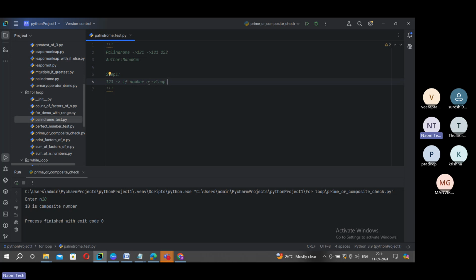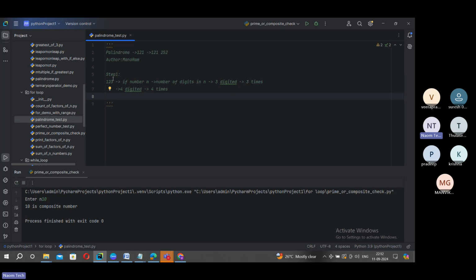That is not it. If the number is n, see the number of digits in n. Suppose your n is a 3-digit number, then your loop should iterate 3 times. How many times should your loop iterate? 3 times. If n is a 4-digit number, then the loop should iterate for 4 times. Why? If it is 4 digits, every time the loop iterates, we should